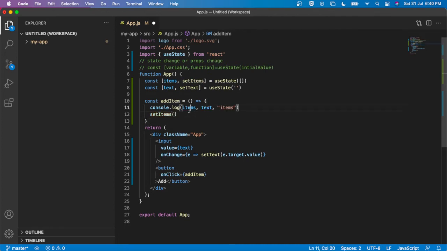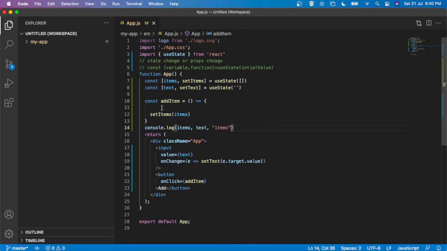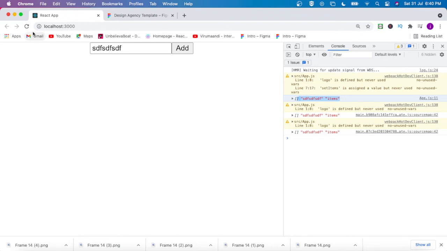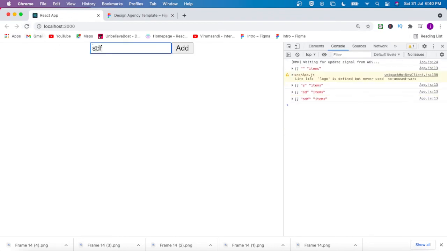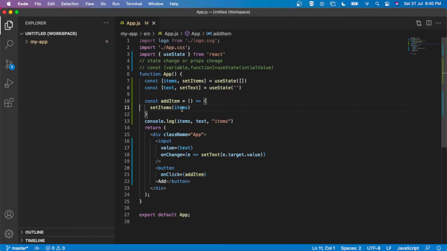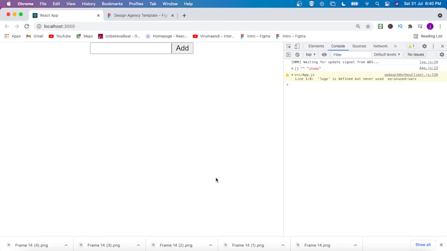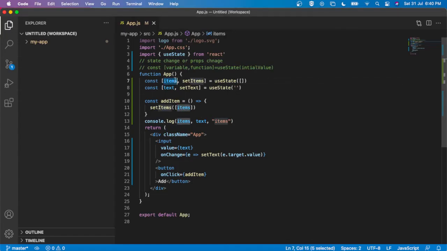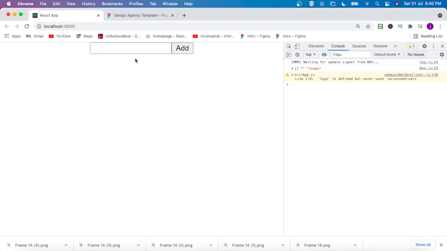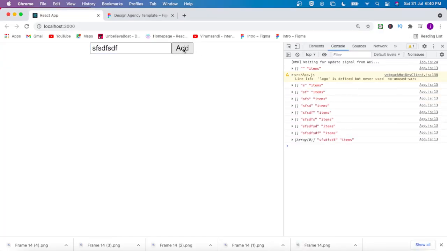If I pass the value directly, what will happen? Let's see. I put the console here. Now if I pass the value directly, let's see what happens. Yes, nothing has happened, because I am directly trying to set a string into an array. So we should always add an array here. Now we check setting a value into an array, because we have declared this items as an array. If I type here, yes, that value is added, but I am not able to see that value.